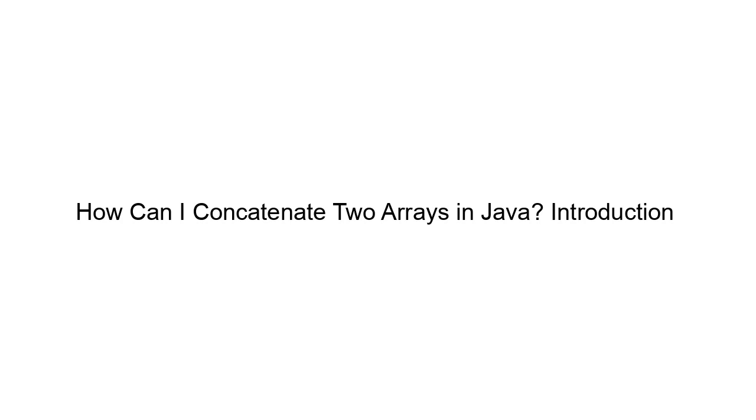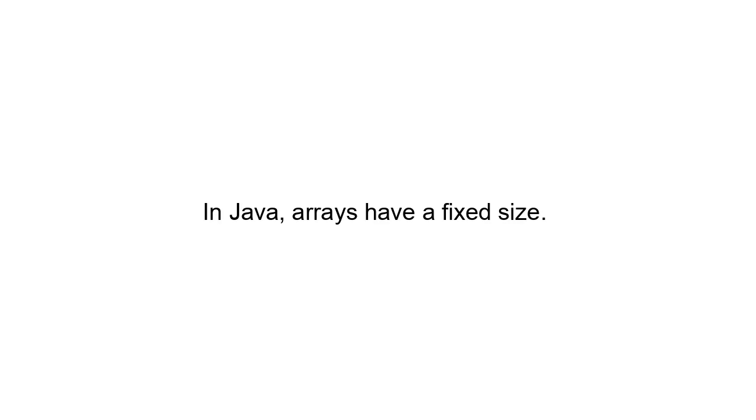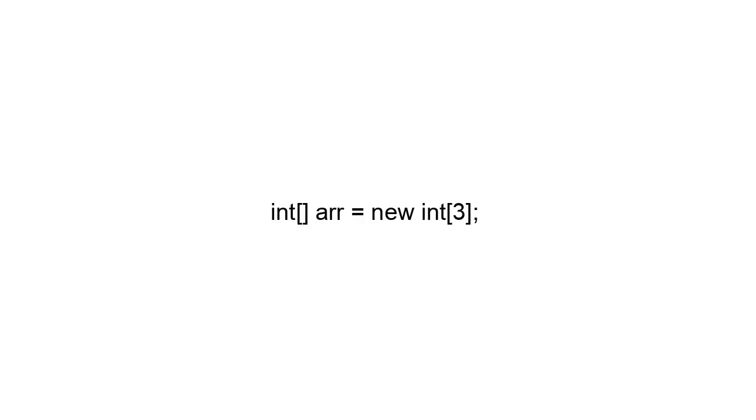How can I concatenate two arrays in Java? Introduction. In Java, arrays have a fixed size. That means, once created, their length cannot be changed. Example: int[] arr = new int[3];